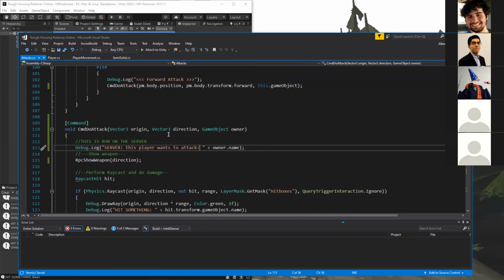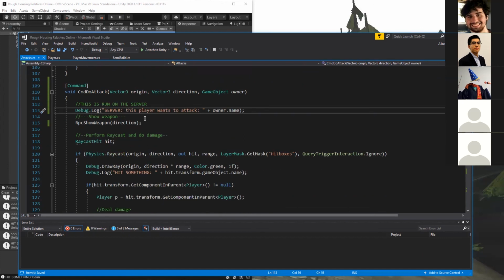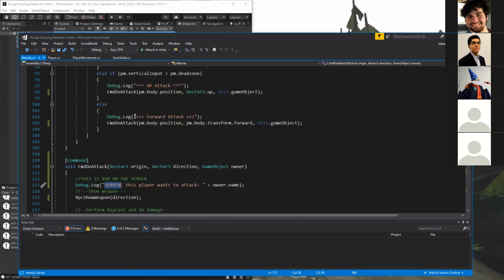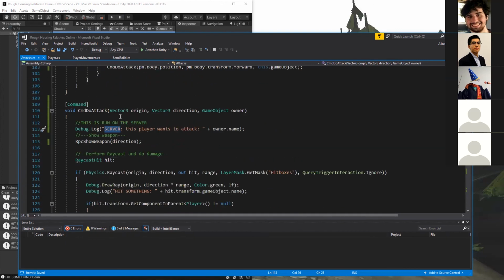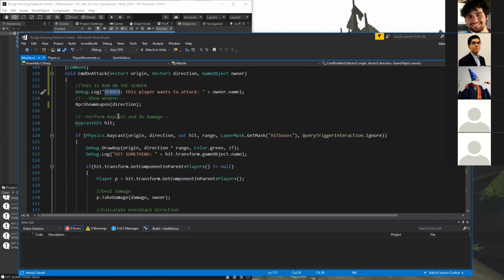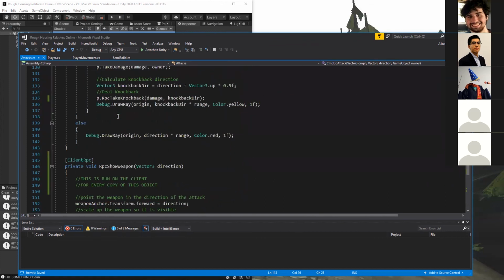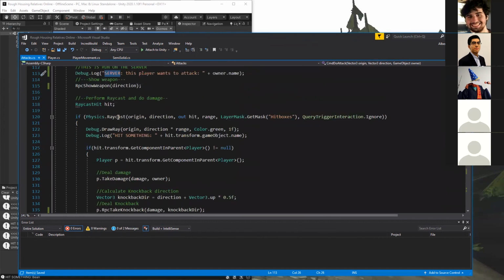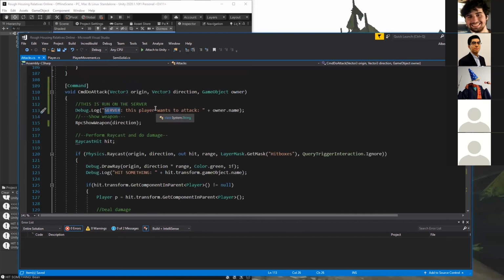Okay. Yeah, putting in these debug messages is really how you go about debugging this. And I do put the server tag and the client tag to know where it's coming from. But yeah, it's going to take some trial and error. It's easy for me to say, oh, well, it works for me, so it should work for you. But you might have missed one tiny thing, and then that messes everything up.